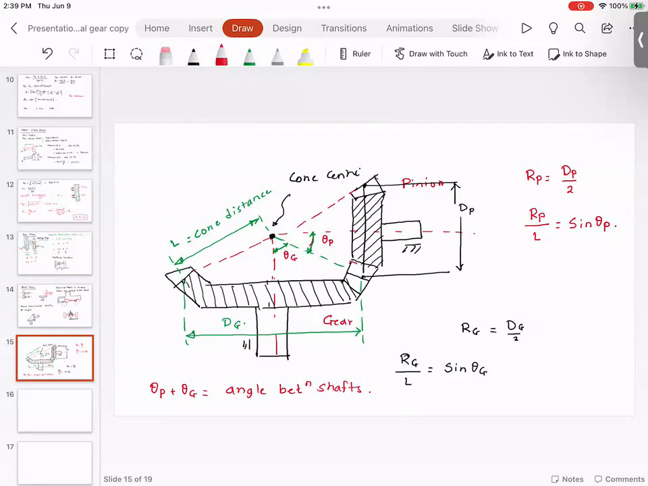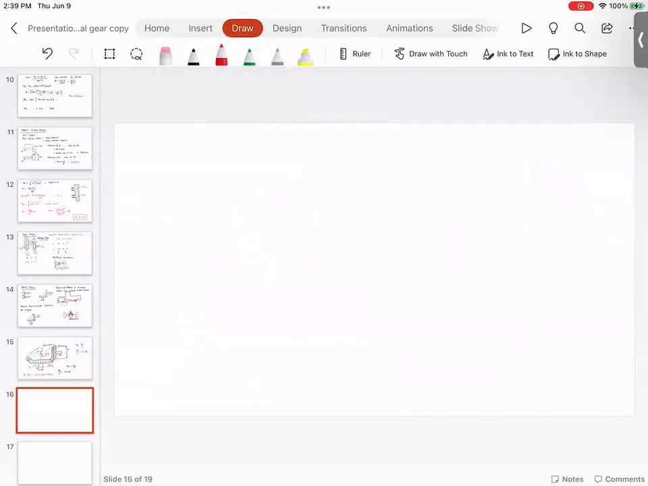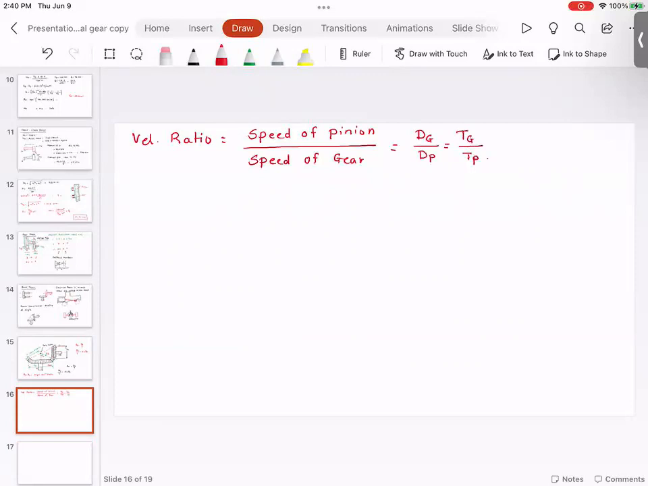Now, what are the important proportions of the gear? Now, let me give you the equation for the velocity ratio. So velocity ratio is speed of pinion divided by speed of gear. And that is dg by dp, where dg is the gear diameter, dp is the pinion diameter,